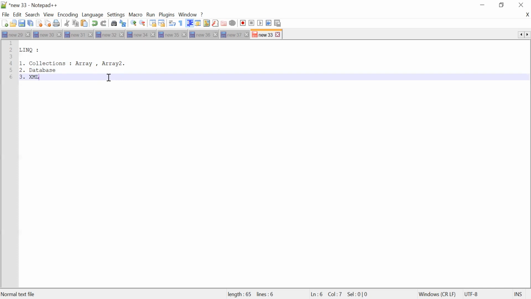Whenever you need to extract data from either a collection, a database, or a file, earlier we used to write a lot of stuff. Now you can stop writing that stuff. The way you are interacting with your database by using SQL commands, you can write those same commands not only for interacting with your database, but to interact with your collections as well as your XML. The way you are writing your query here, like select star from employee,